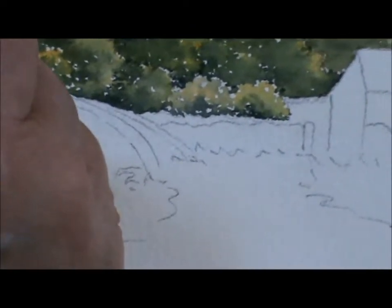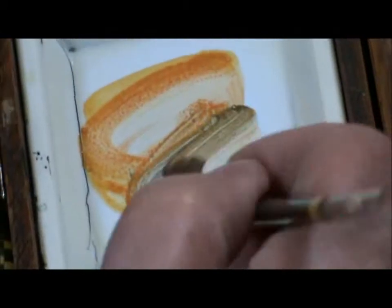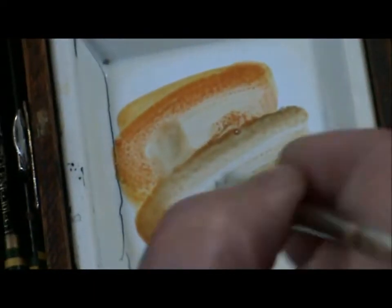Just put a tiny touch of light red in it, just a little bit. And we'll do that roof. So that's the middle one of those three. The tall one? Yeah, I know that's the middle one. This roof and this roof is raw sienna to start with, mixed with a bit of light red. That's one. And then a touch of French ultramarine, so you get a dirty...